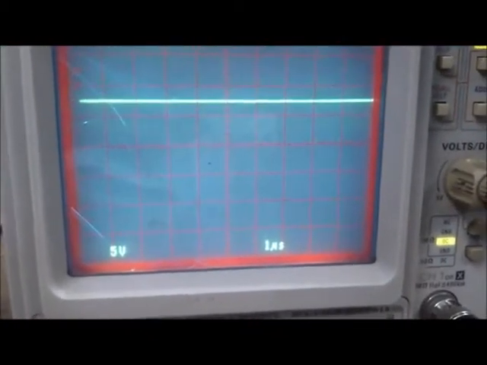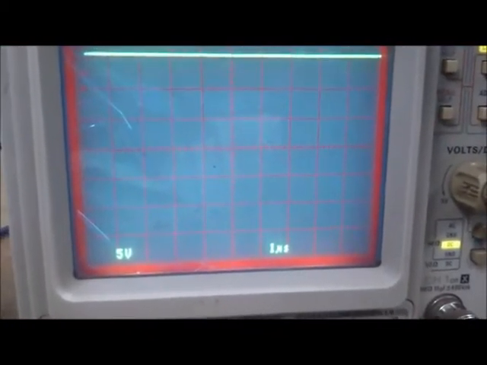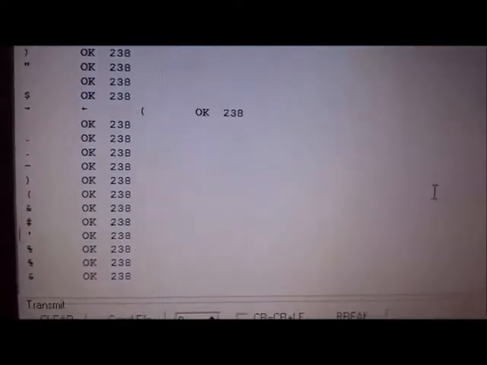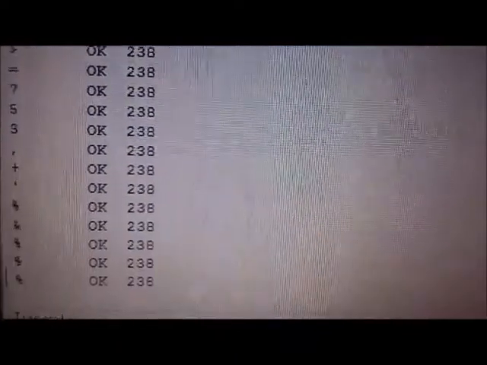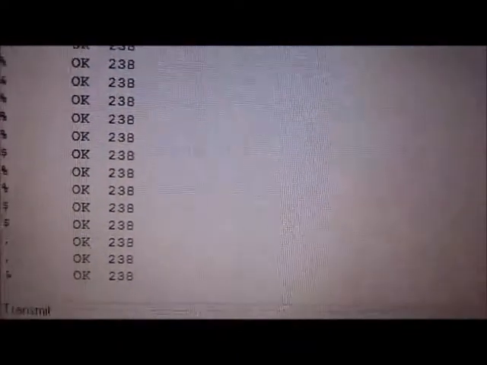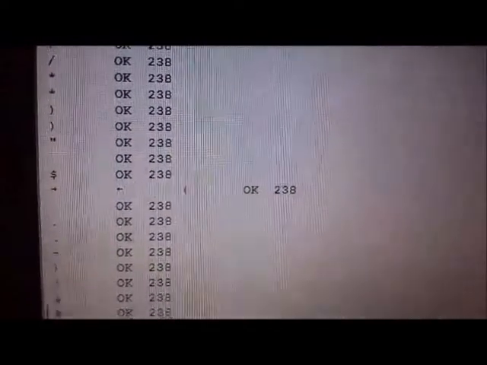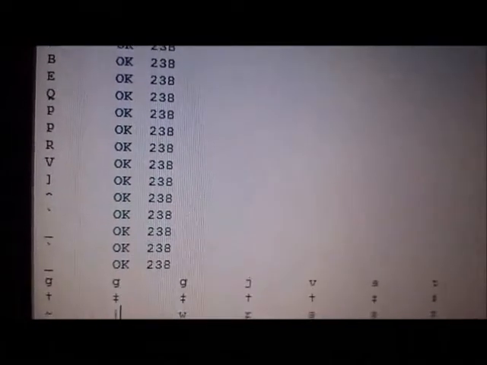As we vary the input from the signal generator, the DC voltage from the rectifier circuit is also varied, and the real-time calculations of the voltage are seen in the terminal window. We keep the voltage threshold of the normal voltage as 2.5 volts, which is scaled to 238 volts, the normal voltage, and is displayed as OK along with the voltage value.